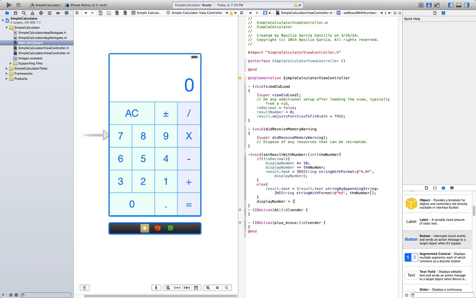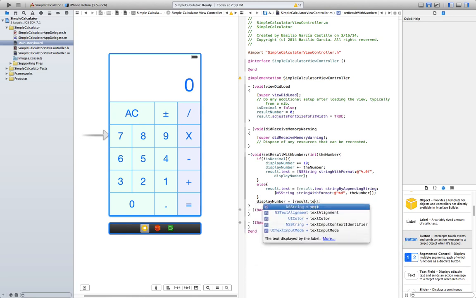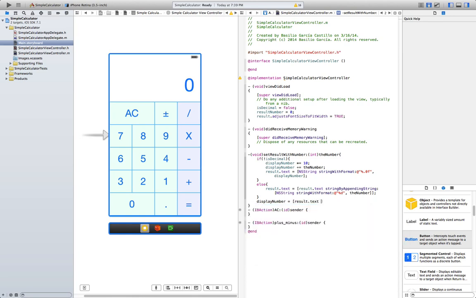display number equals result.text float value. We are only inserting this line here because if we put a decimal number, we are not adding anything to the display number, so whatever is here wouldn't be the same as display number.